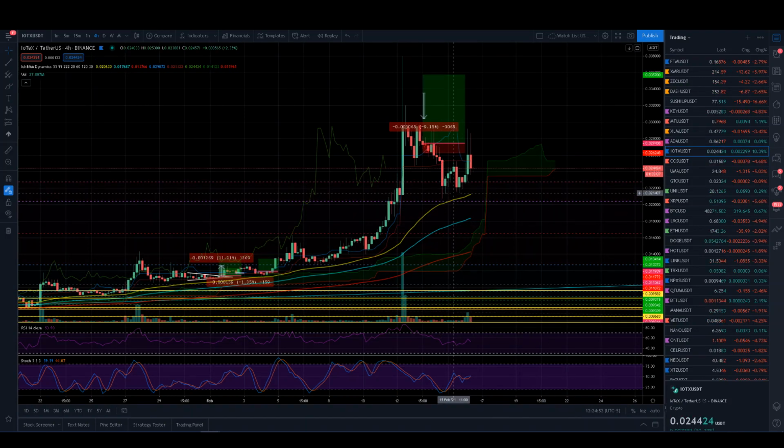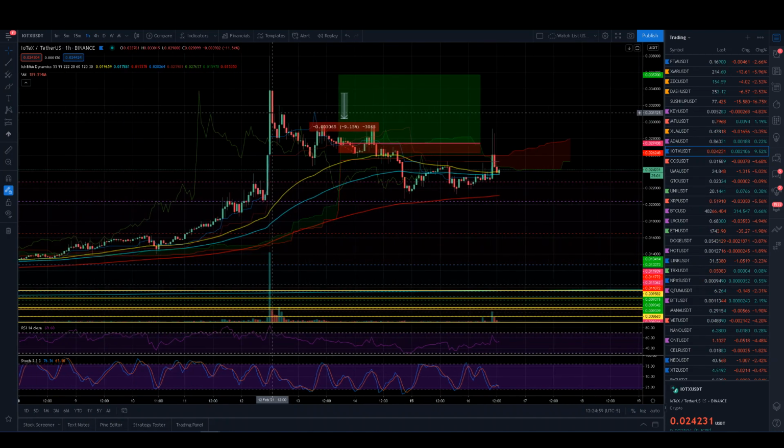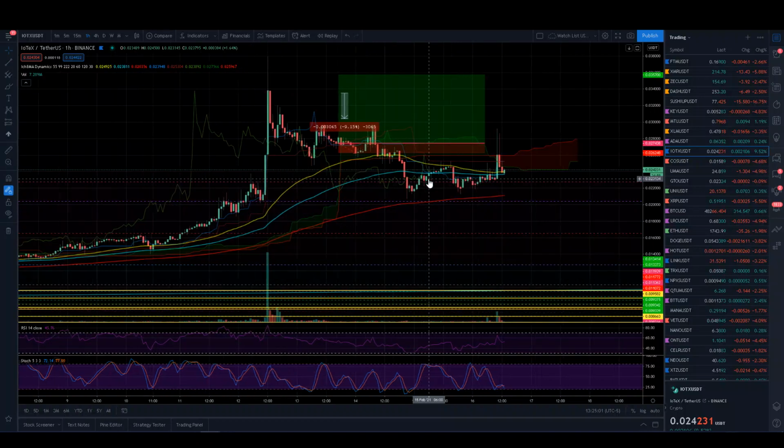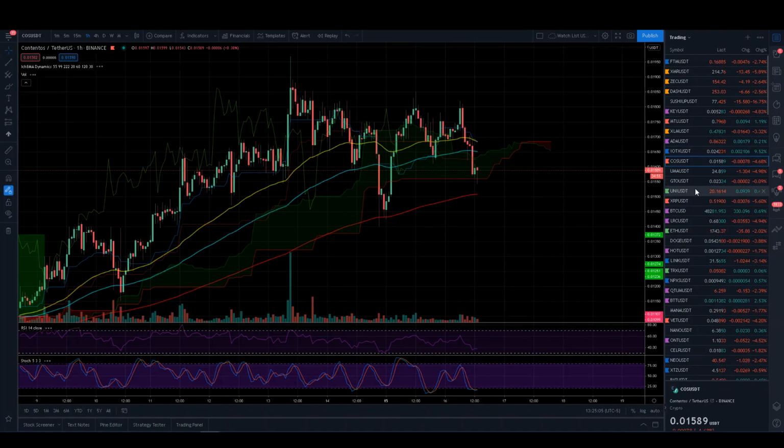I would have bought right here when it bounced off the 55. It's looking really good now. That's on the 4 hour. Does the hourly have a good potential entry? That might. I'll have to look at that more closely. It's already pumped a bit, so